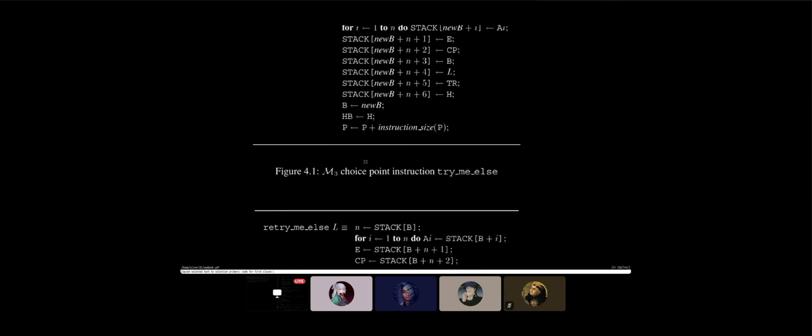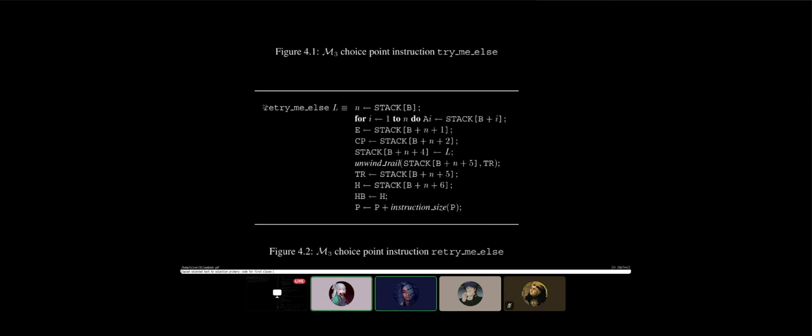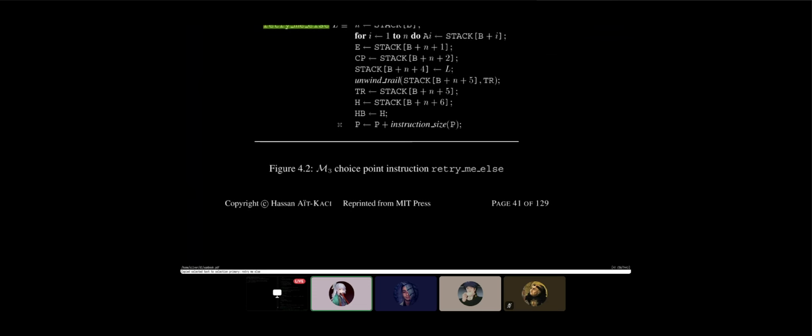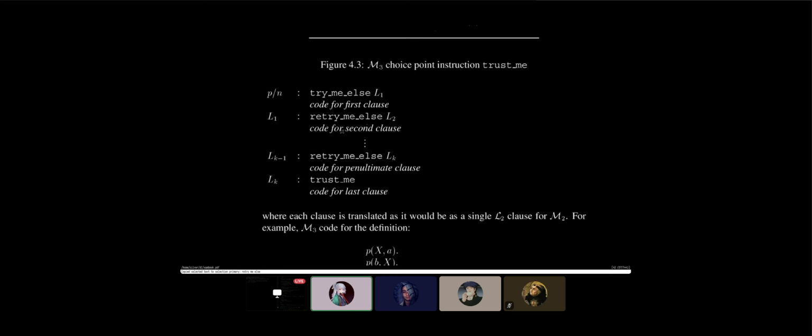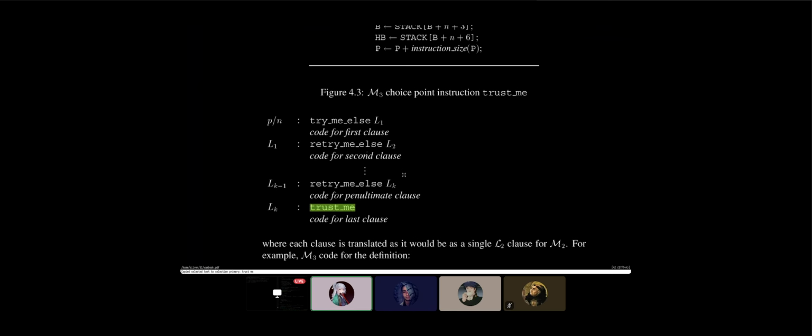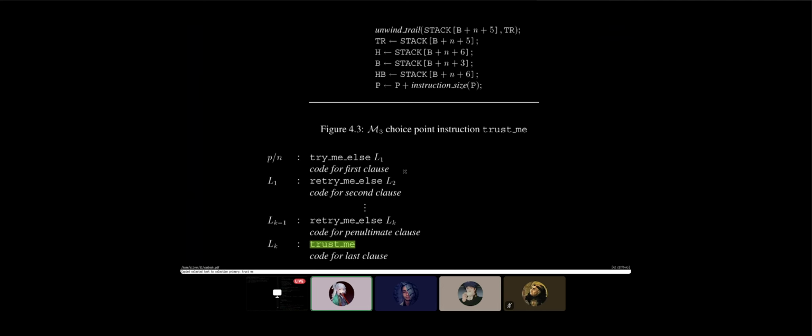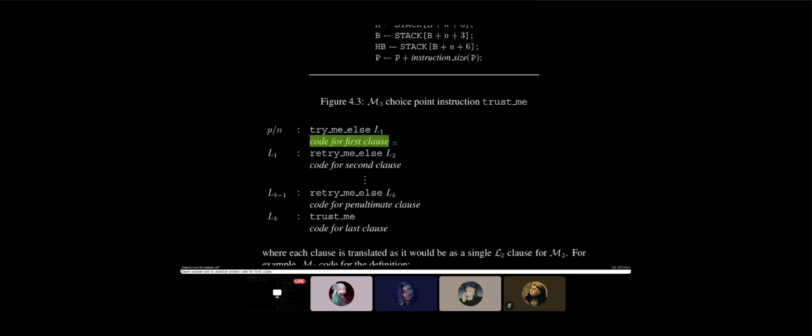Then we emit retry me elses for everything except the last one, and then in the last one we emit a trust me. Right? But the case where there's only one clause is actually identical to the previous one, and we're going to need to reuse it for each step. Here, here, and here.